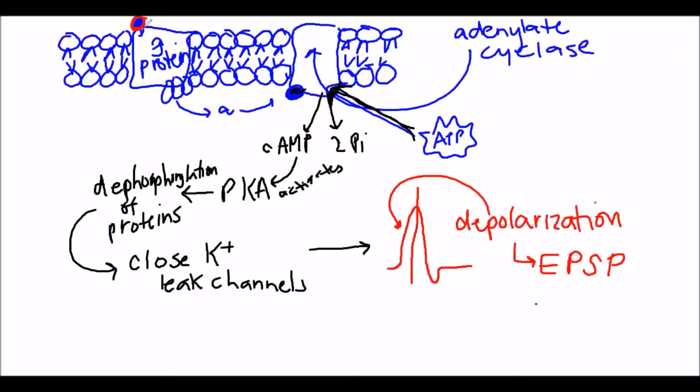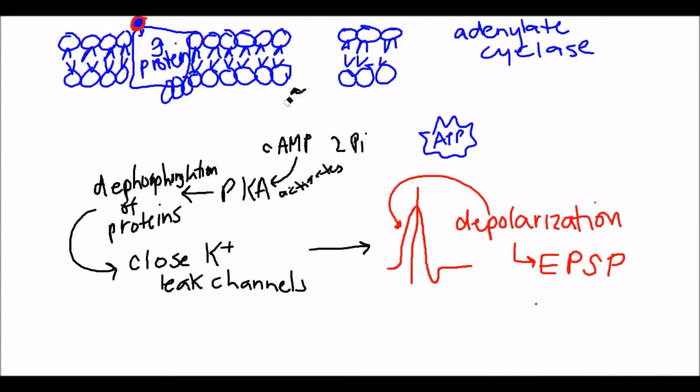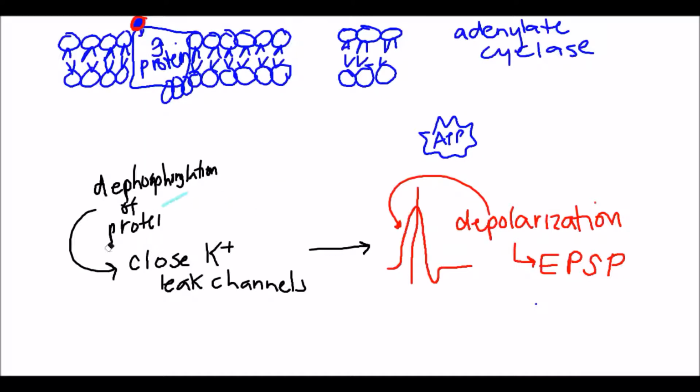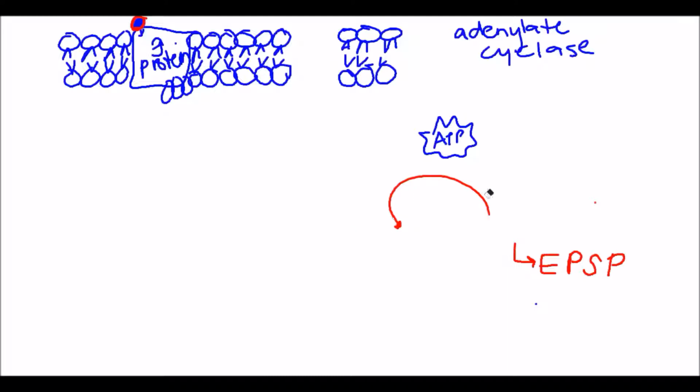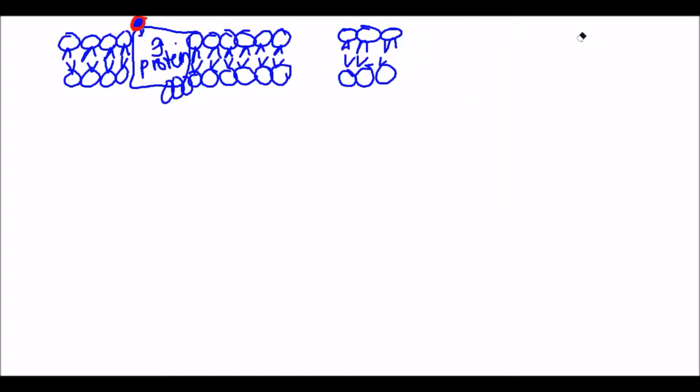In the beta gamma complex, I'm going to erase this because I'm going to use some of it here. So I'm going to erase and restart for beta gamma. Okay, so to start for beta gamma, I'm going to again draw my phospholipid bilayer. So now we're going to have